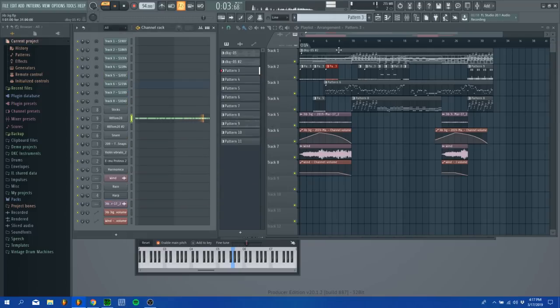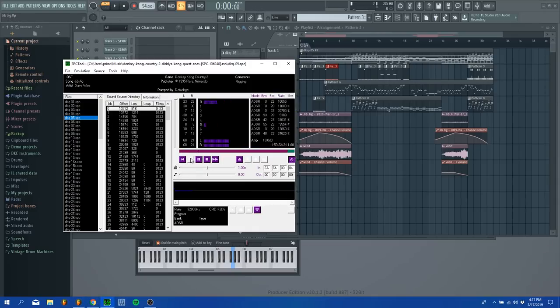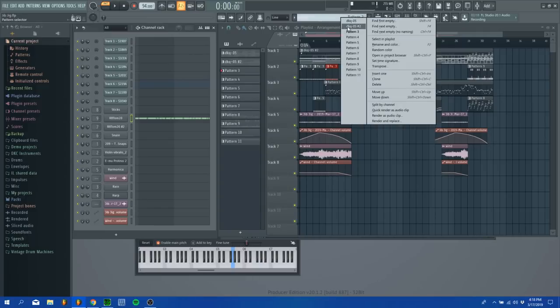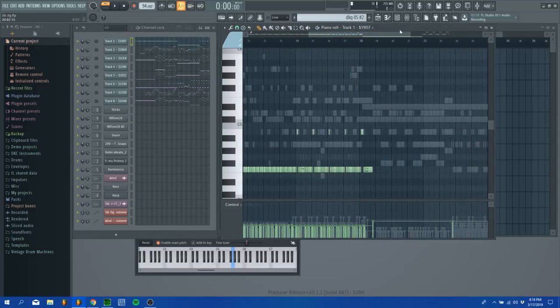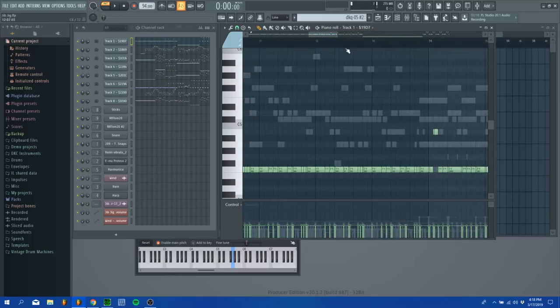I like that. Now there's a different drum beat that plays. Yeah. So there's like a different drum beat that plays right there, and then it adds in the...